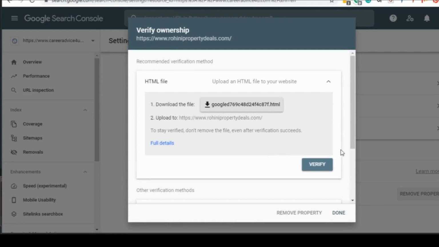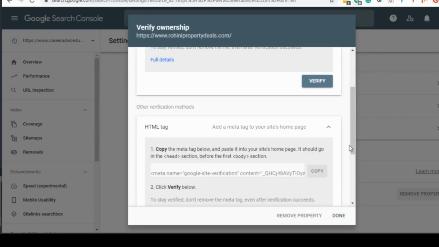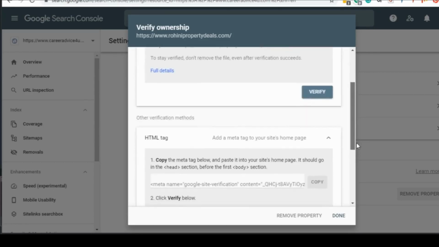Okay, now when you have entered the URL, it will show you different options. You can choose one of the options to verify the ownership of the website for which you are setting up the Webmaster property. So I prefer the second one.